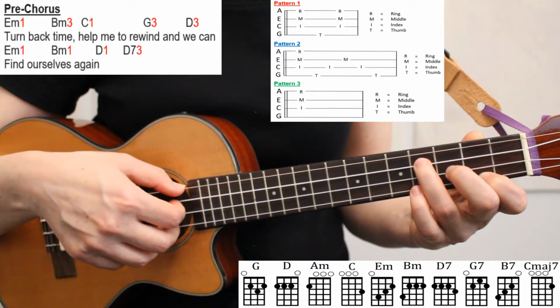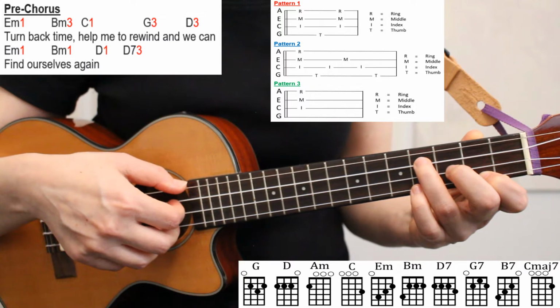The next 2 sections of the song are the pre-chorus and the first chorus, so let's take a look at how to apply our 3 patterns to these 2 sections. After we walk through each section and how to play them, then I'll demo each section for you along with the lyrics. Our pre-chorus starts on E minor with pattern 1,